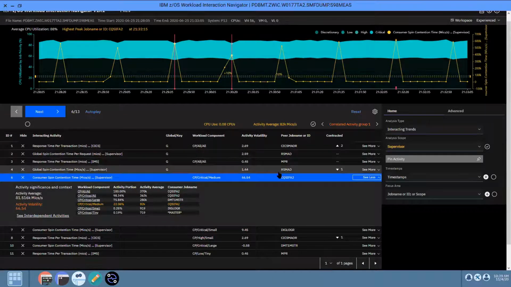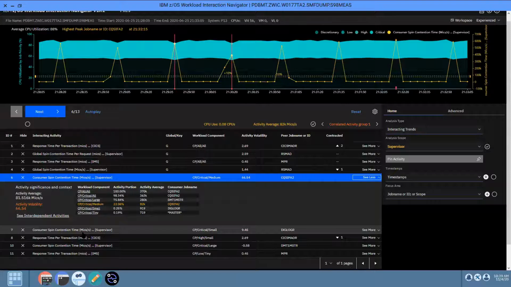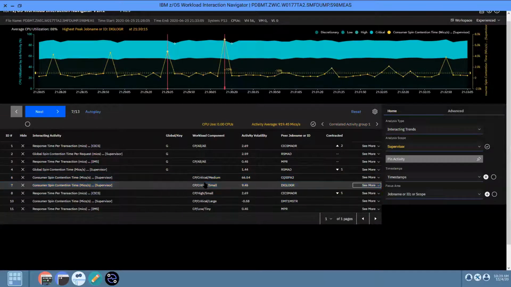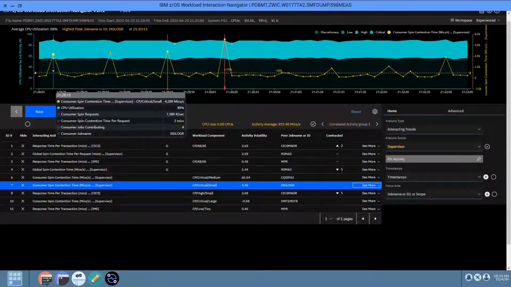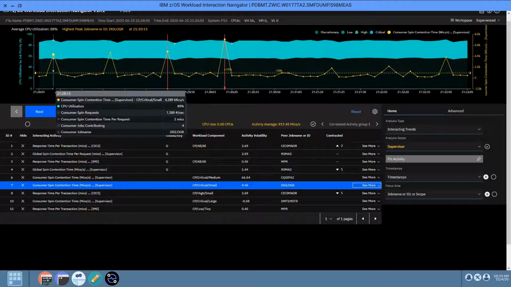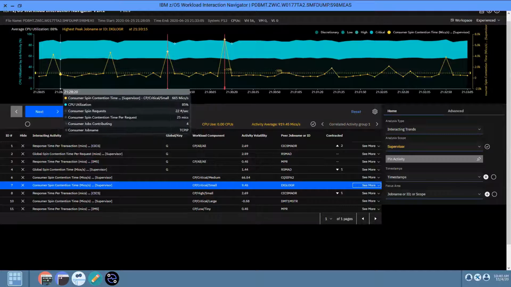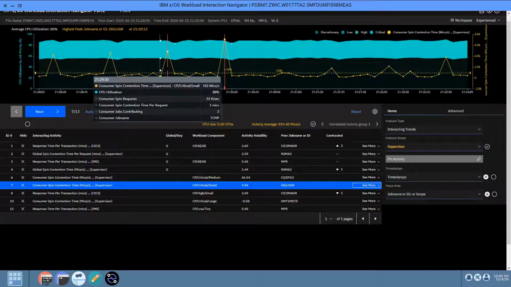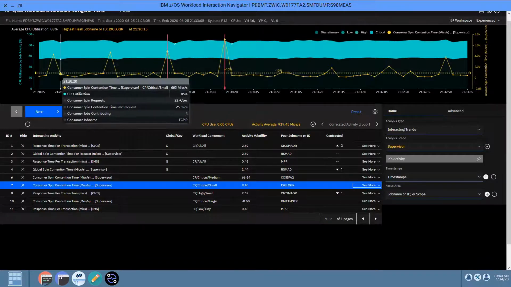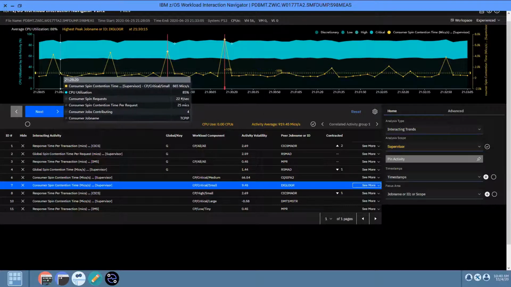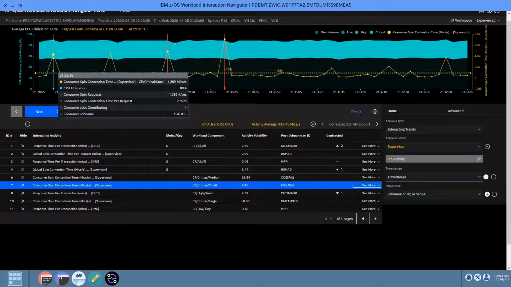The last activity that we're going to look at is activity ID 7, consumer spin contention time for the CP critical medium bucket. And if you look really closely at this graph, you can see that, at least for the first 4 intervals, it looks like there is a spike in consumer spin contention time 1 interval before every one of these CPU utilization values. And hovering over the graph, we can see that those spikes are occurring in the IXG logger